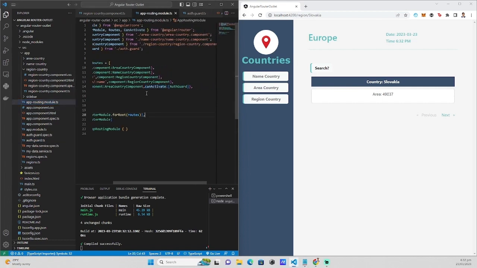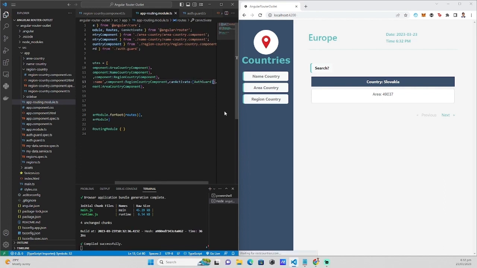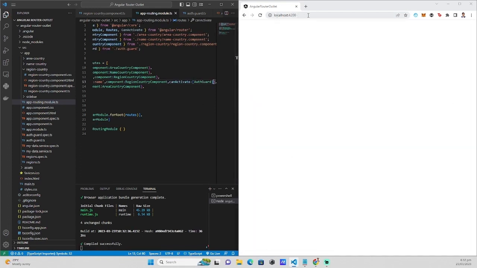Oh yeah, I mistyped the canActivate. Instead of putting this in the null path, we can put this in the path that we used. So as you can see, if I access the region or hard code it,